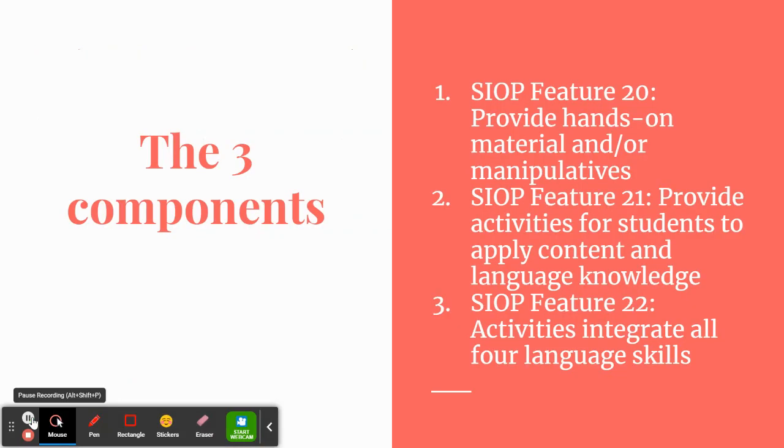So there are three components to the SIOP model, practice and application. We have feature 20, which provides hands-on material and/or manipulatives. Feature 21, which provides activities for students to apply content and language knowledge. And feature 22, which includes all four language skills within the activity. Now, a teacher does not necessarily have to assess for every single language skill, but they work together,